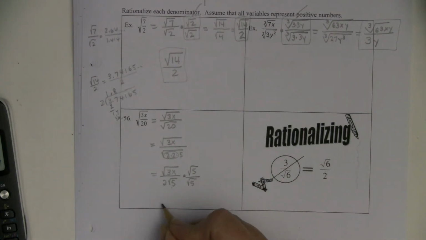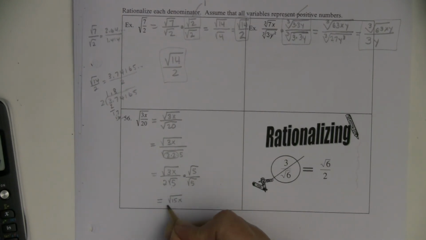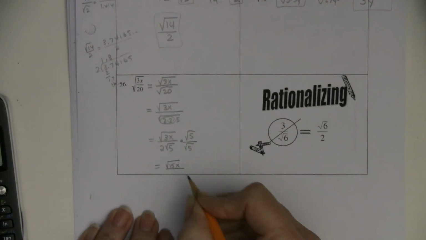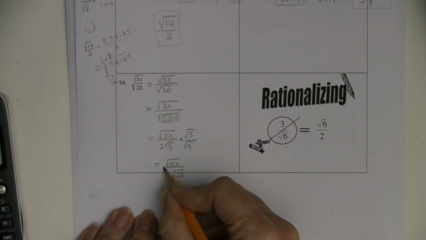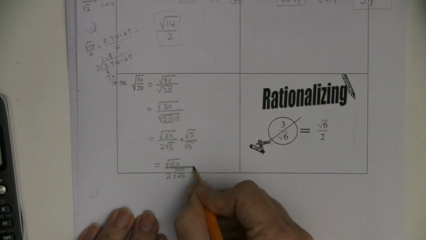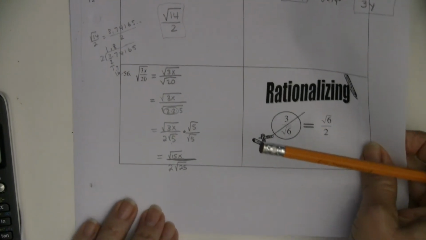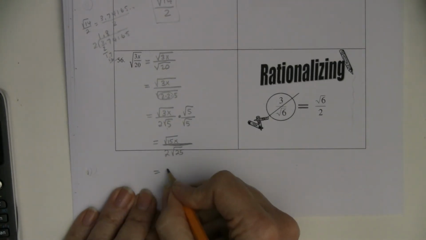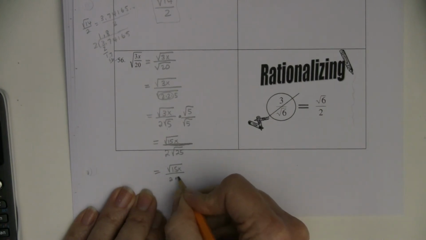So in the numerator, I get the square root of 15x. It is what it is. And in the denominator, I get 2 times the square root of 25. I'm going to take every step. So if you had an idea of how you could have skipped a step there, I'm going to write every step. And then that is the square root of 15x over 2 times 5, because the square root